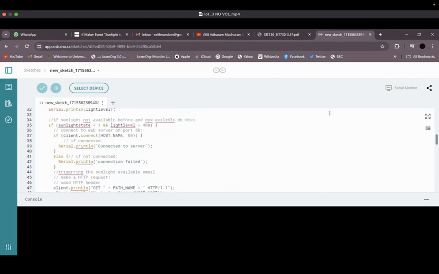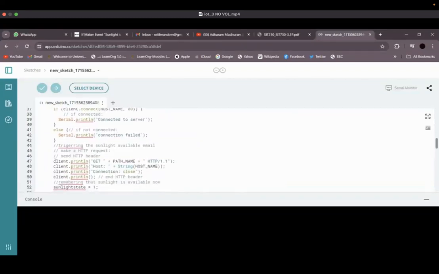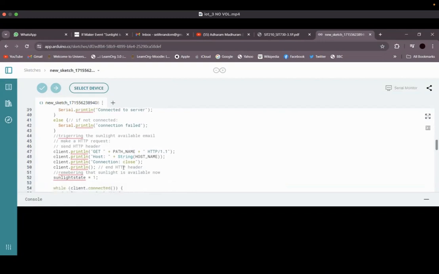After this, when enough sunlight comes to the sensor and the Arduino is in the sunlight not available state, the sensor will detect that it is getting sunlight, and it will send the GET request using this client.println function to IFTTT for triggering the event: the sunlight is available. And the same for this